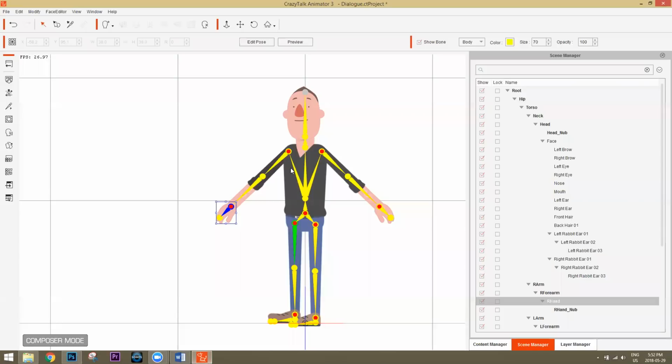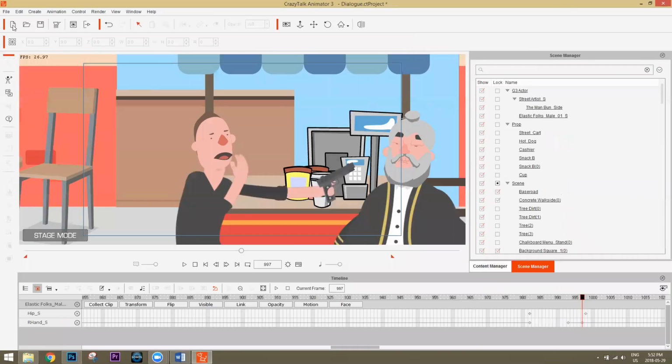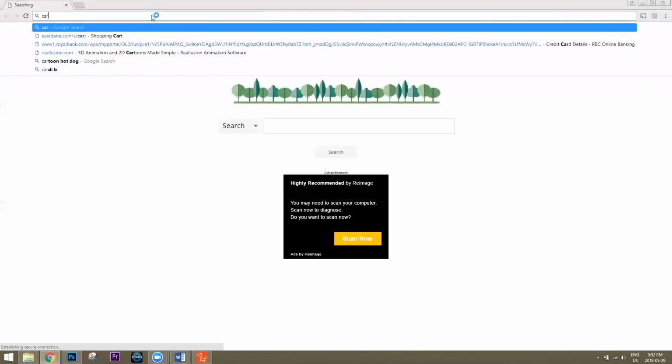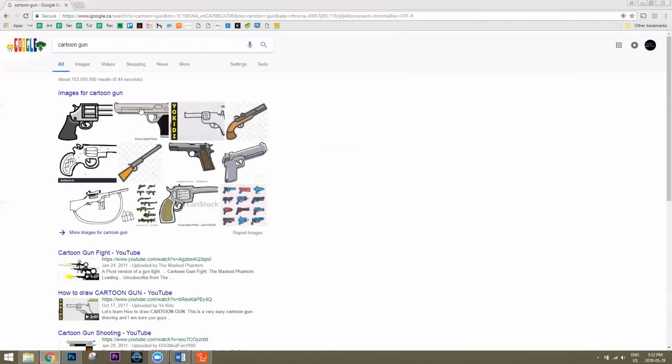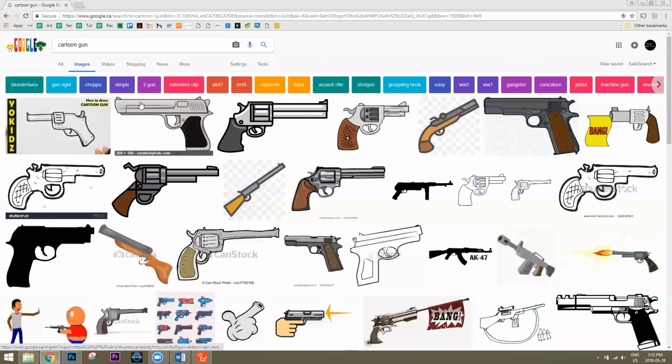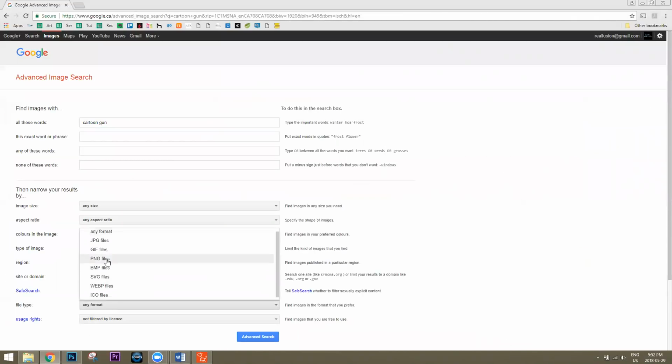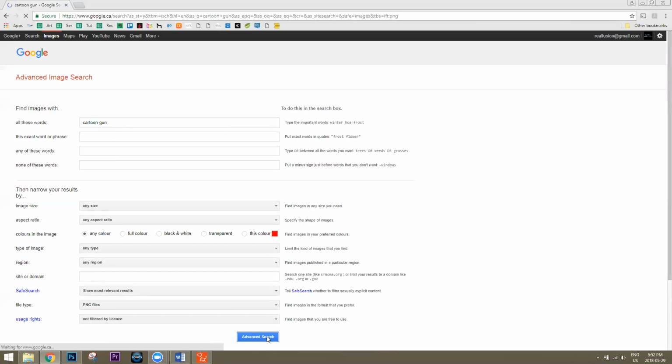So the gun, what I did with the gun is, I think I just rendered it out from CrazyTalk Animator actually as an image. So if I just create a new project here, the gun can be found. You can probably find a cartoon one online as well. Like, just go to cartoon gun, right? One of these, okay. You want to make sure it's a PNG, so go to Settings, Advanced Search, and File Type PNG, because you want to make sure it's transparent.